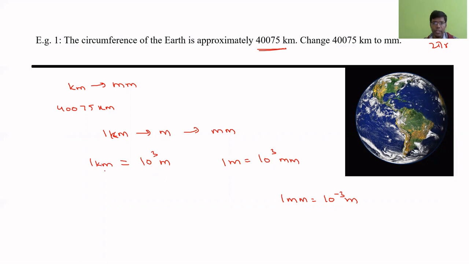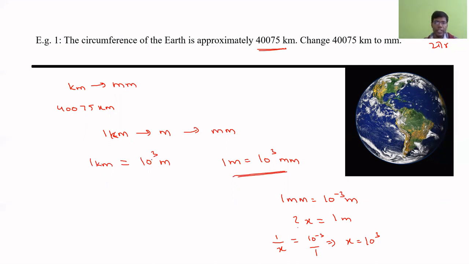Here we had 1 kilometer as 10 power 3 meters. And 1 millimeter is 10 power minus 3 meters. So 1 meter will have how many millimeters? Let it be x. So 1 by x millimeters is equal to 10 power minus 3 by 1. If you find x, this will go on the other side, and it will be 10 power 3. So basically 1 meter will have 10 power 3 millimeters. This is the relation which I get.